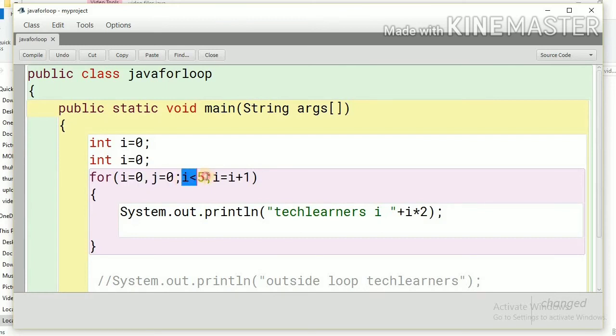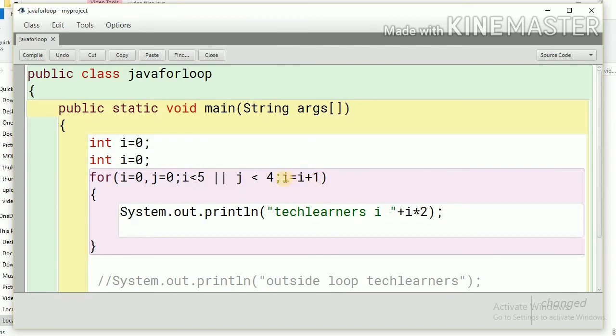Similarly, we can use multiple conditions also, but here we'll have to use logical operators, like and, or or, so that the final result of these multiple conditions is a boolean value, either true or false. So here we are comparing whether i is less than 5 or j is less than 4. We have used multiple conditions and those conditions are related with the or operator, right?